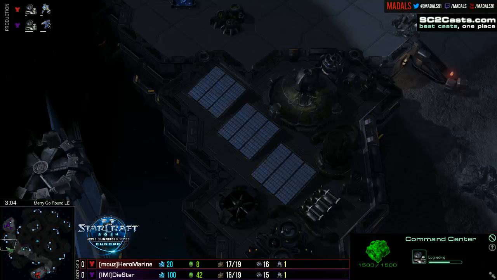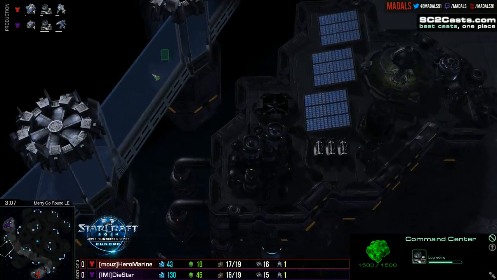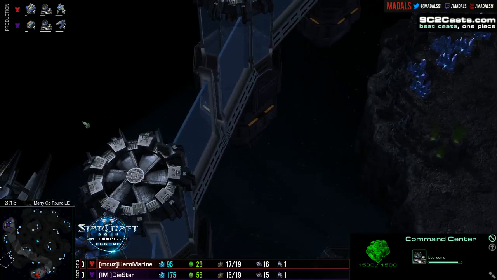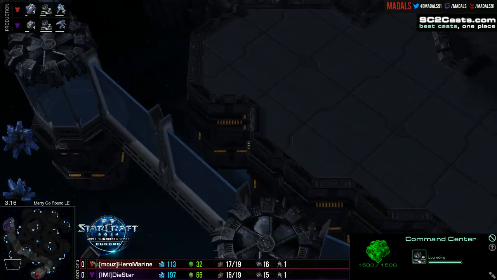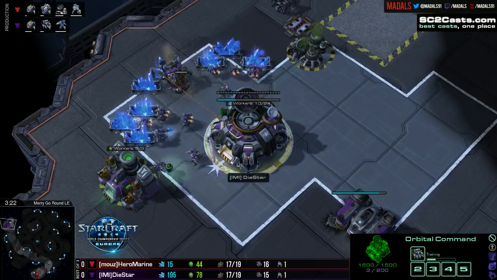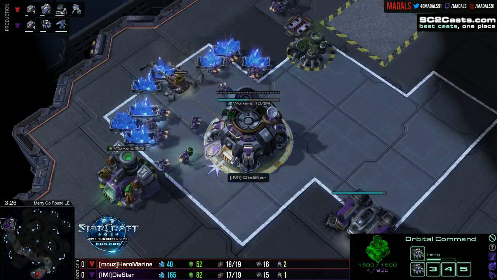Probably doesn't matter too much in a mirror matchup, but see this fence? Like this glass fence around the edge? Air units can't move over that. So, even though this map looks like it's got tons and tons of dead space, there isn't actually too much. Anyway,